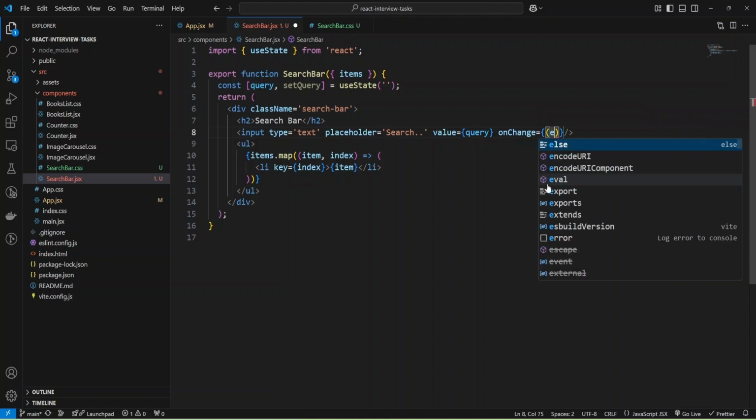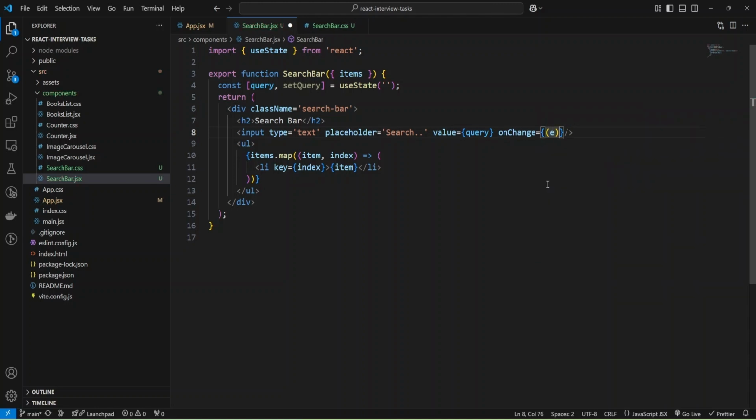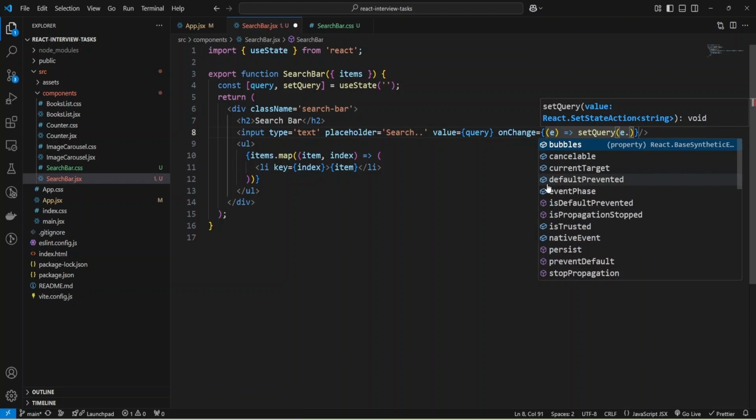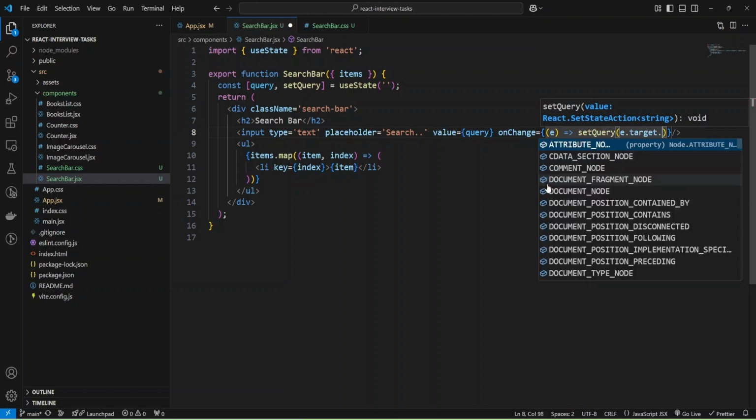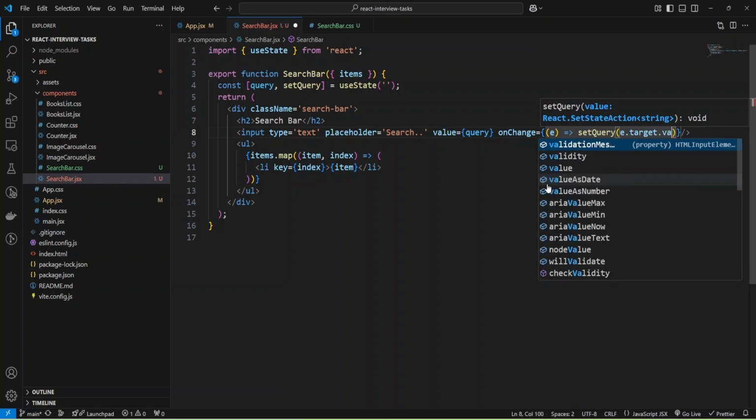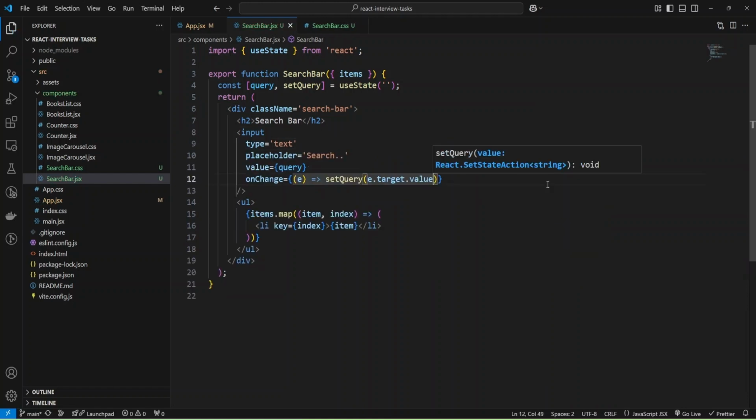I'm going to use event, and for event I'm going to set query, and get the value from event target, and I'll have value. Okay, and let's check.